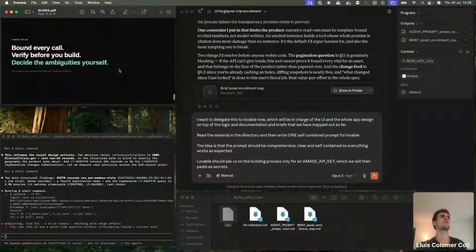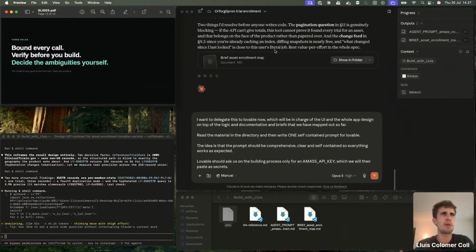Yeah. So basically, what we're doing here, three rules I like to highlight myself, is to clarify exactly how each call is going to be: bound it, verify, and then decide the ambiguities yourself. This is where you bring your area of expertise. So yeah, the app then works exactly as expected.